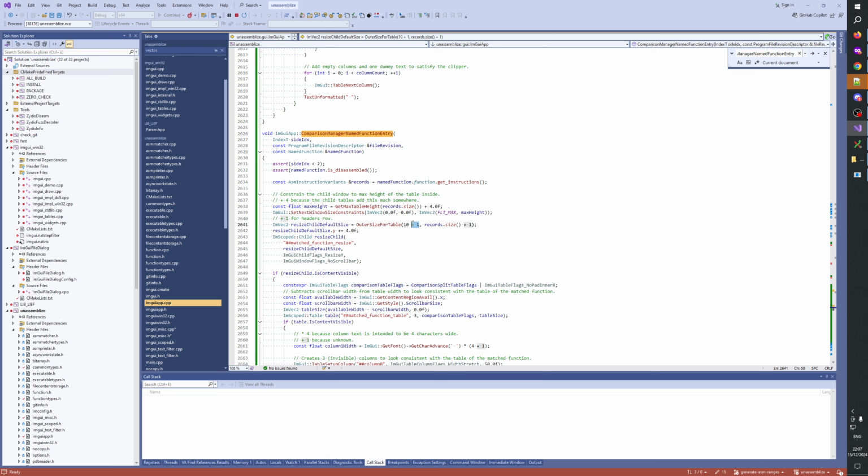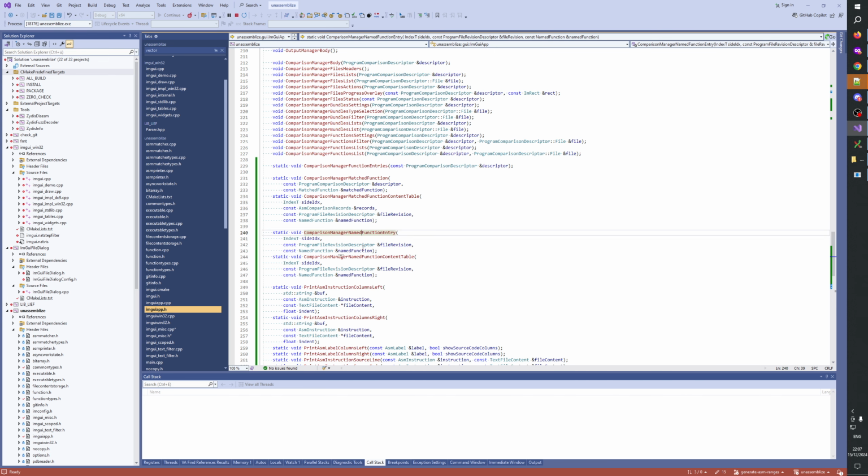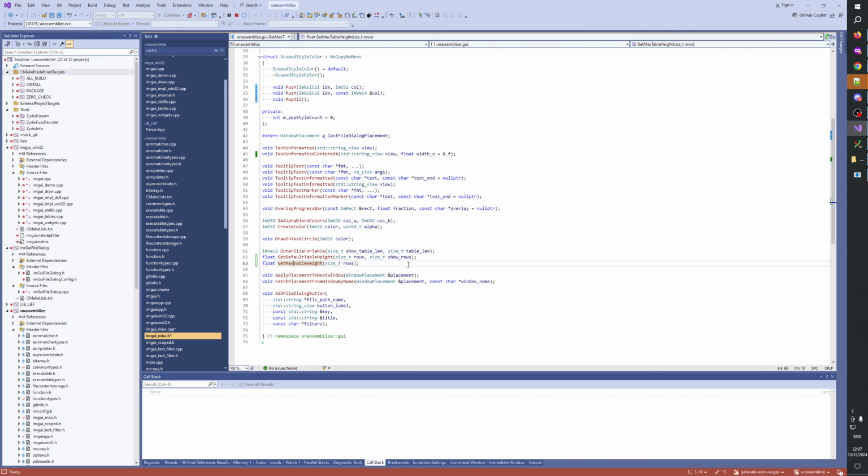Maybe we put the +1 into the function as well. +1 for headers. Let's do bool using